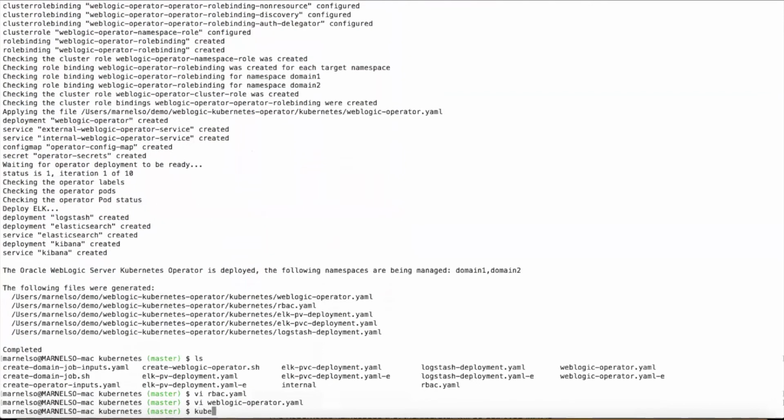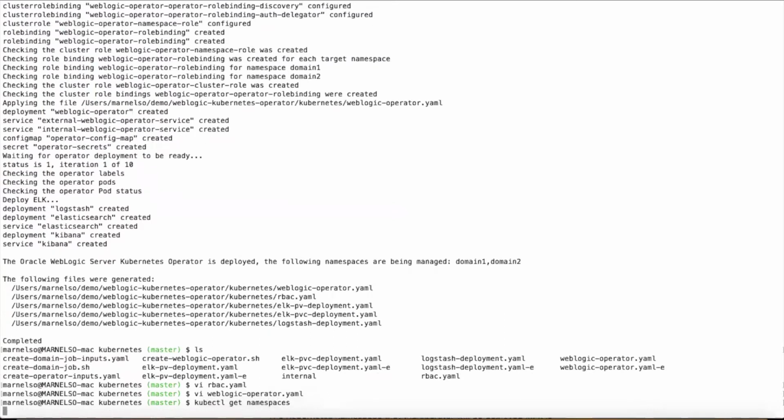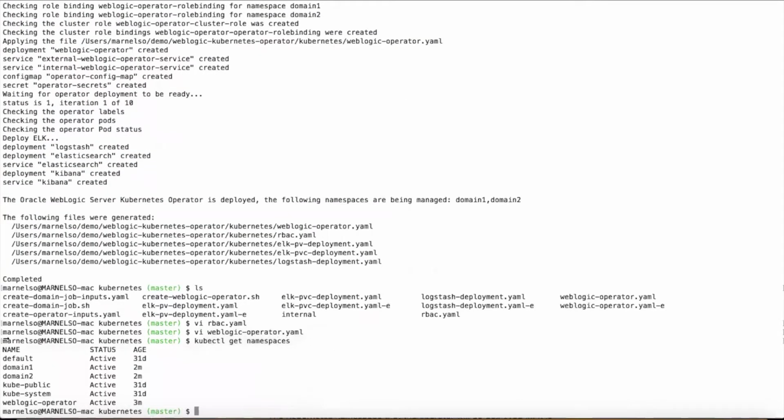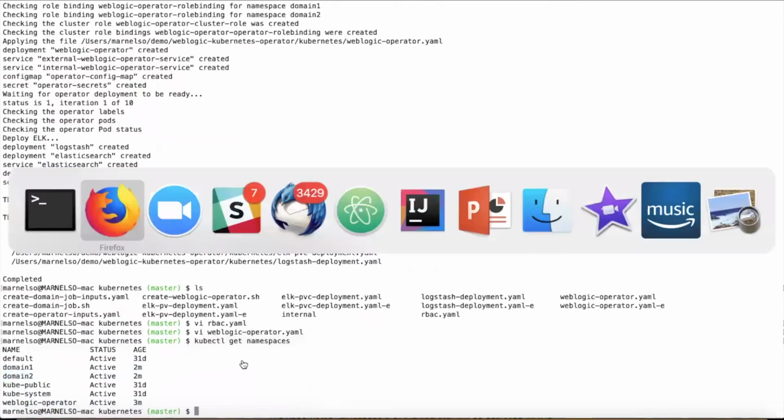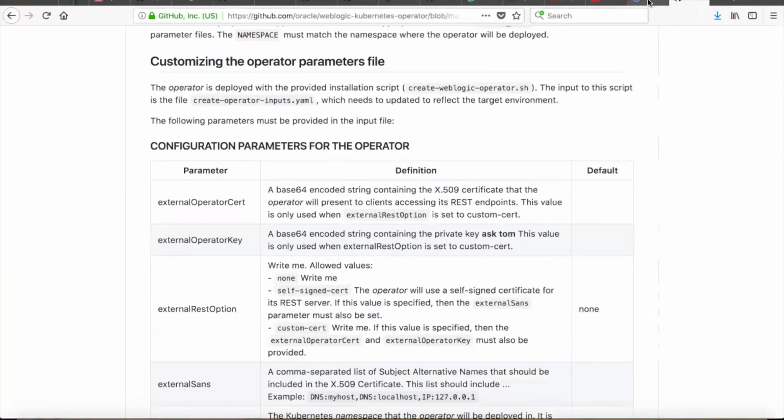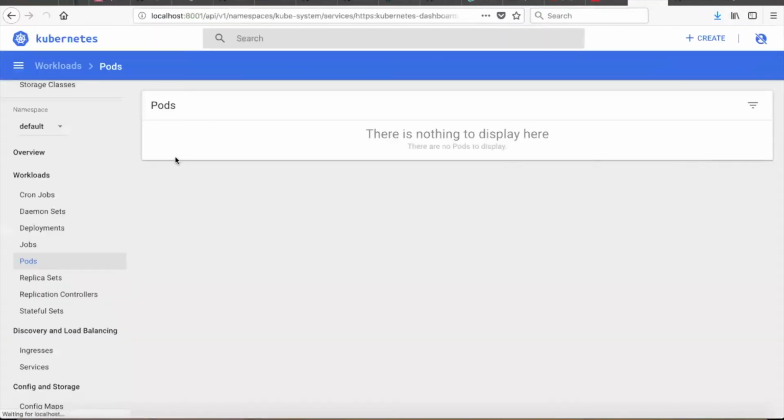Okay, so if we have a look at Kubernetes now, we can say get namespaces, and we'll see it's created the 2 domain namespaces that I asked for and the WebLogic operator one just a couple of minutes ago. We can also see that in the Kubernetes console. So if we just refresh here,